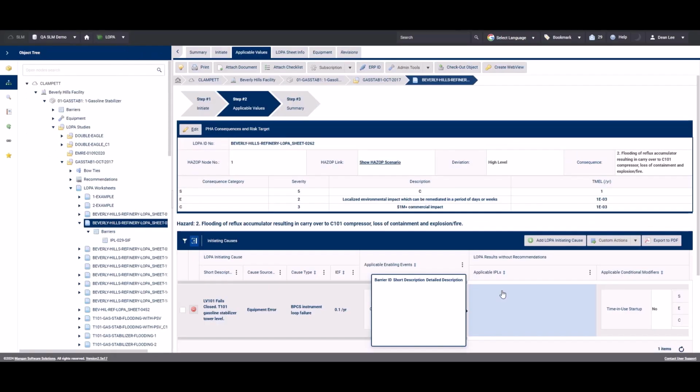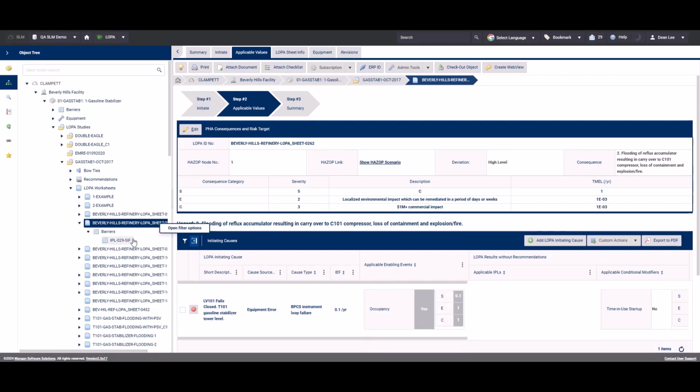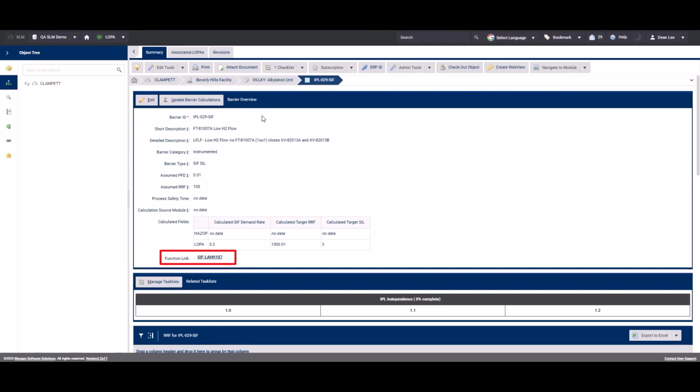So if we come to the LOPA module and we come down to the gas tab unit and select a LOPA worksheet, if we hover over the applicable IPLs, the tooltip displaying there would have displayed IPLs that were not visible in the actual cell itself, and that's where the confusion was happening. So that's fine now. If we open the barrier that's attached to the LOPA worksheet in a new tab, we can see that this barrier has a function link to